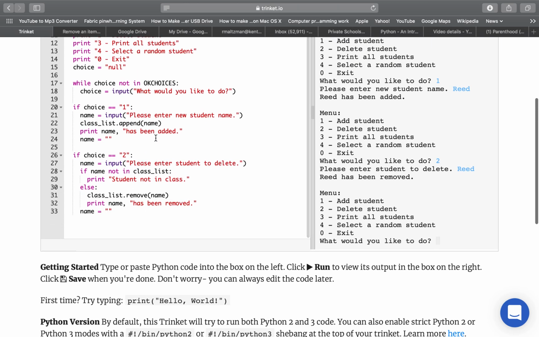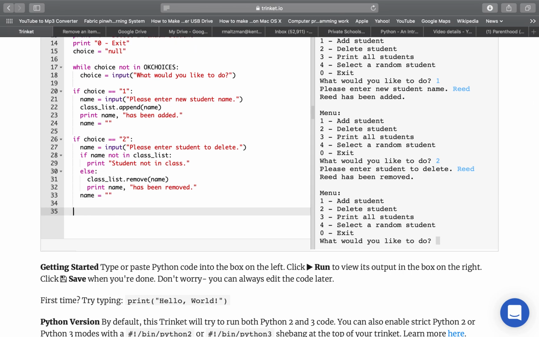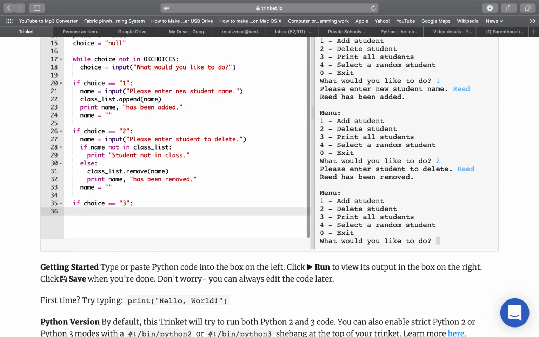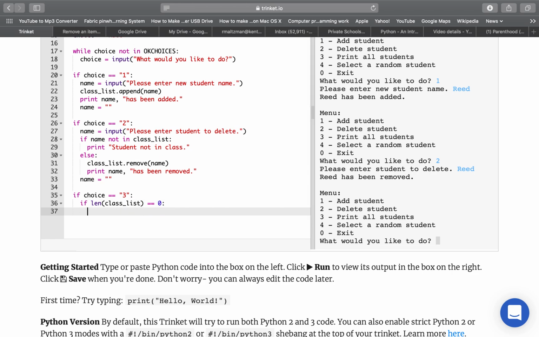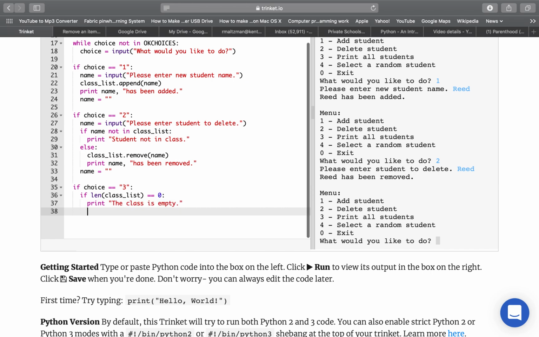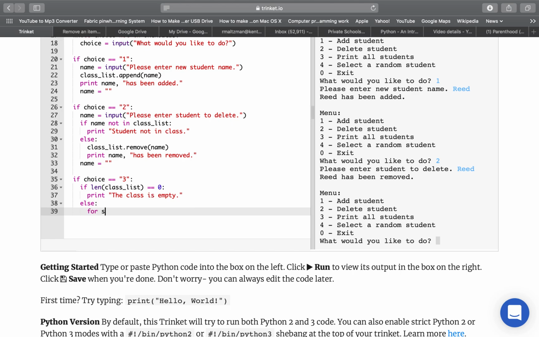Print all students. So if choice equals 3, now I better do this. If len, that's the length, if length of class list equals 0, remember I need two equal signs here because I'm testing for a value. If it equals 0, then print the class is empty. Okay. Else, for student in class list,